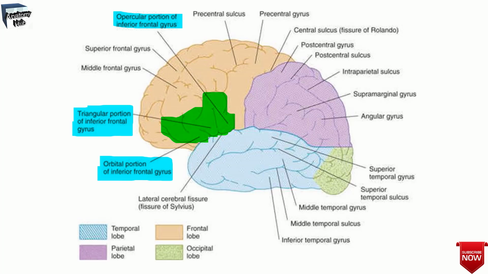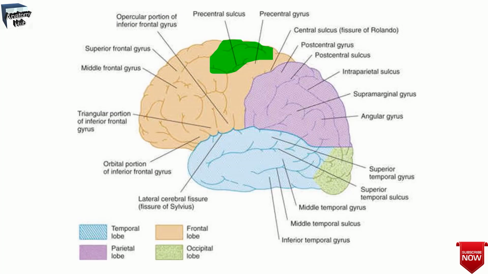Like this you will find here the anterior paracentral lobule, which is found on the medial surface of the frontal lobe, and that is a continuation of the precentral gyrus. Here I am showing you the lateral side, but it is more visible on your medial side. Like that, here you'll find the superior parietal lobule, which is found on the lateral surface of the parietal lobe, and it is involved in your somatosensory activity.